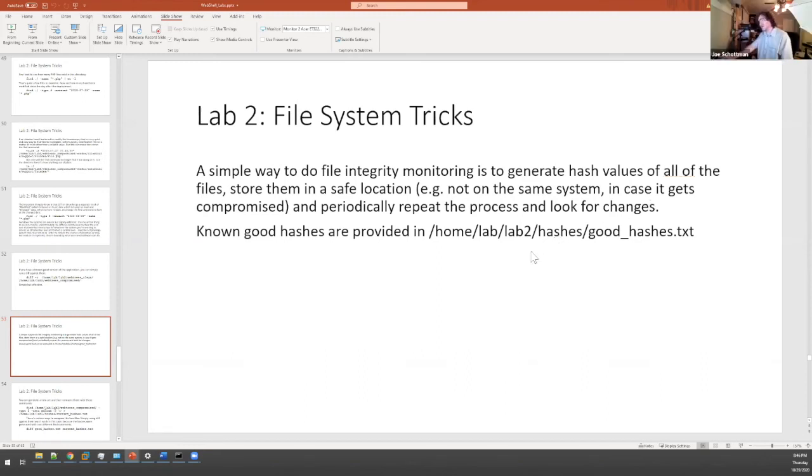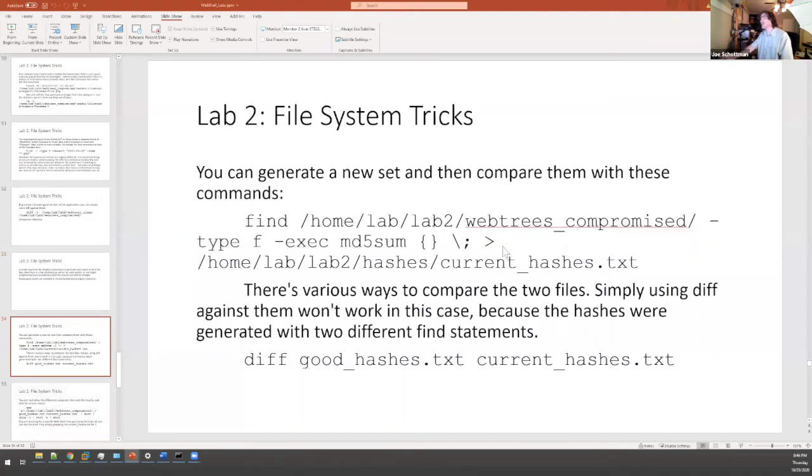So I pre-generated a set of the good hashes so we can compare it. You can easily generate a new set and compare it. So this is a little bit of a complex command that's